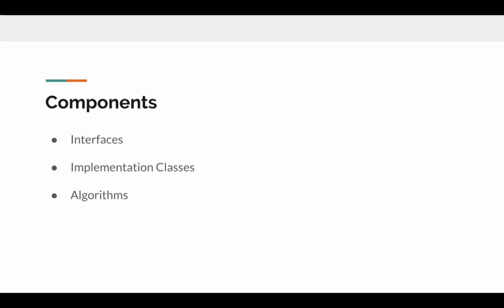The interfaces that we have in java.util.collections are generic. They are generic because we can specify the type of object we want to use. Also, it helps in reducing runtime errors by type checking objects at compile time. The implementation classes are mere implementations of the generic interfaces. We'll be discussing this further in the video. Algorithms are majorly basic algorithms that are associated with the implementation classes, such as sorting, linear search, binary search, etc.